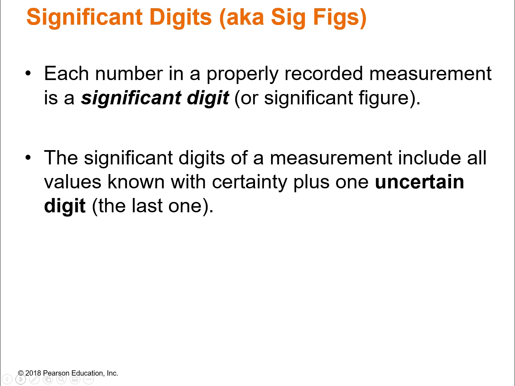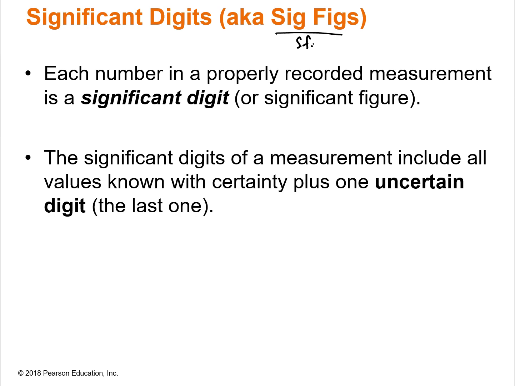Now we're saying digits, same difference. If you hear me say sig figs, or you see the term sig figs written down, or SF, that means significant figures, which is the same thing as significant digits. Okay. Now with that out of the way,